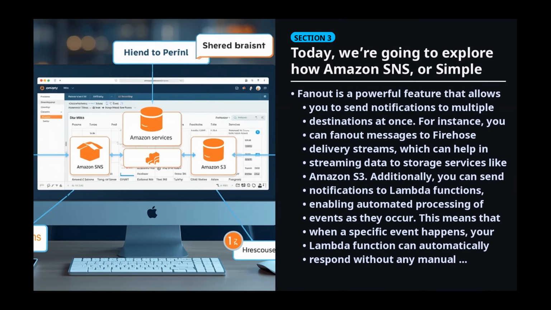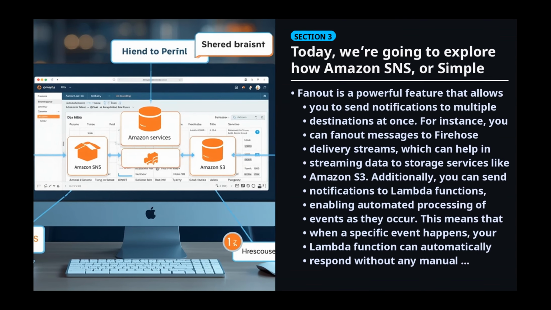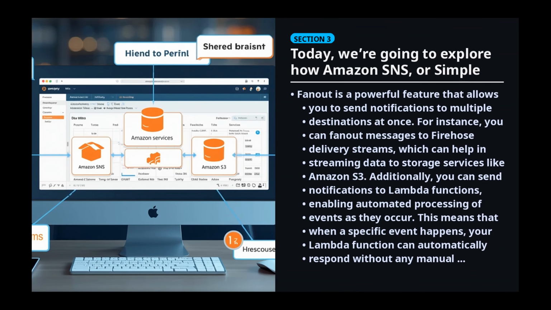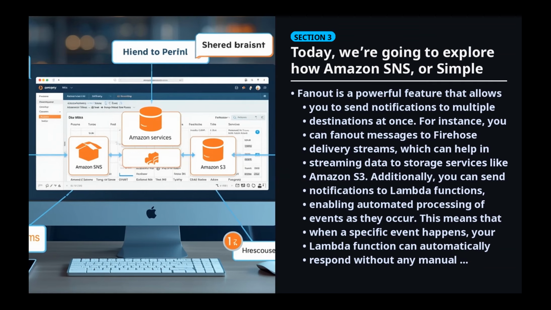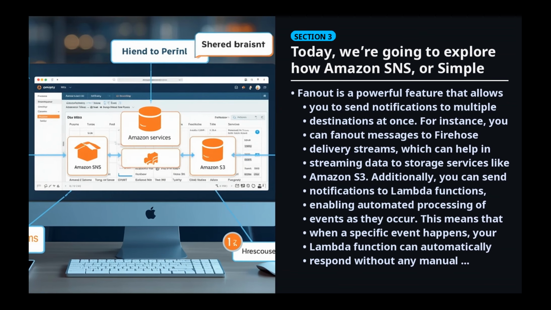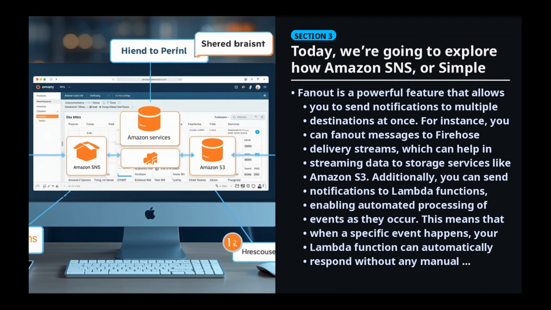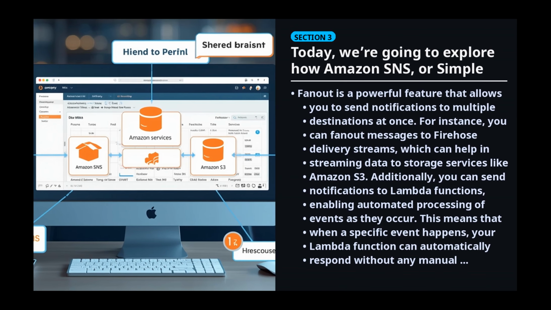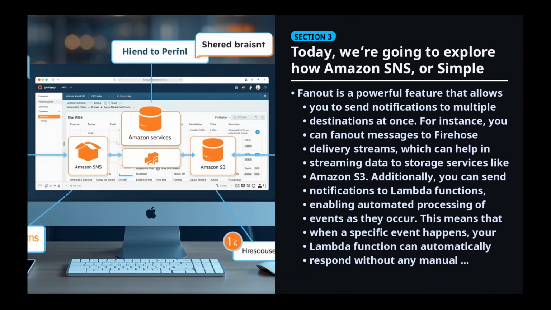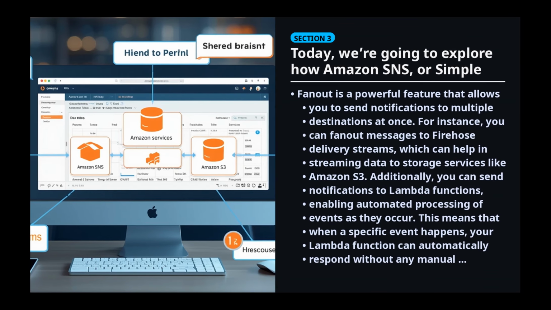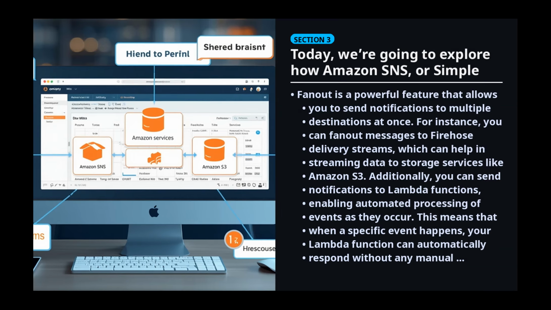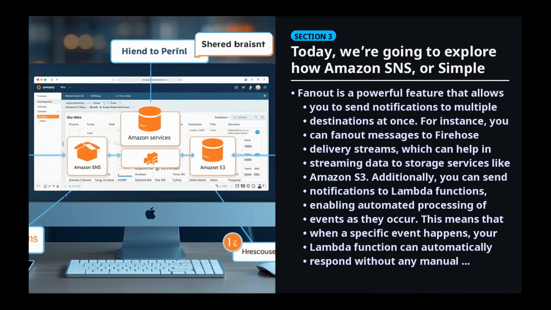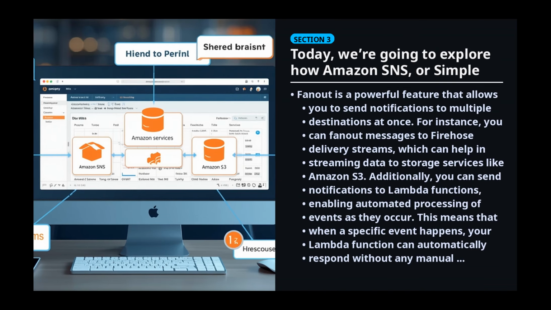Moreover, you can also fan out notifications to Amazon SQS queues. This is useful for asynchronous processing, where messages can be queued and processed later, ensuring that no data is lost even if the system is busy. Another option is to send notifications to HTTPS endpoints, allowing external systems to receive updates in real time. In summary, Amazon SNS provides a flexible way to distribute notifications across various AWS services,